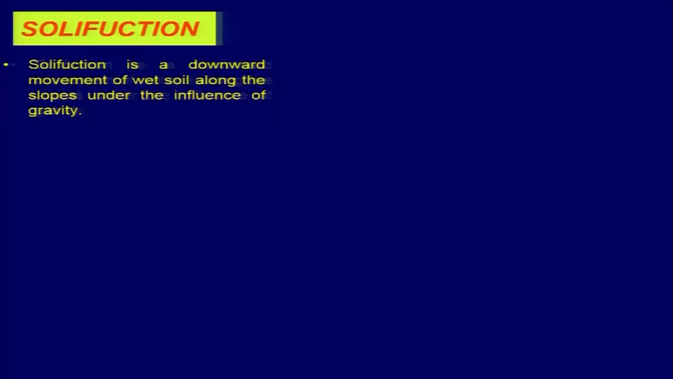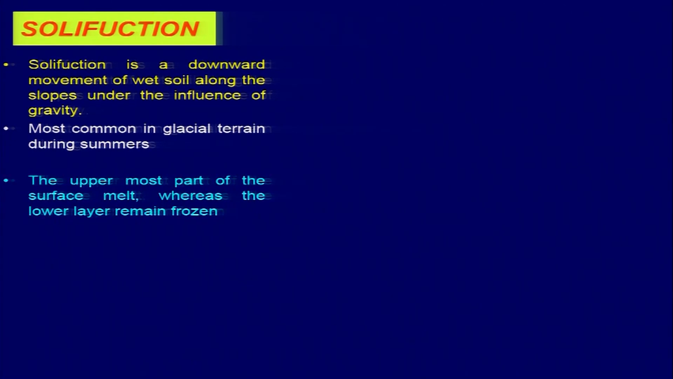Welcome back. So this was the last discussion we left as related to solifluction. Part of that I already discussed. And what is solifluction? Solifluction is a very slow downward movement of wet soil along a slope under the influence of gravity. Now, as I told on that day also, this is mostly seen in the area where you are having the snow cover, or you can say the ice cover, mainly in the glacial terrain,